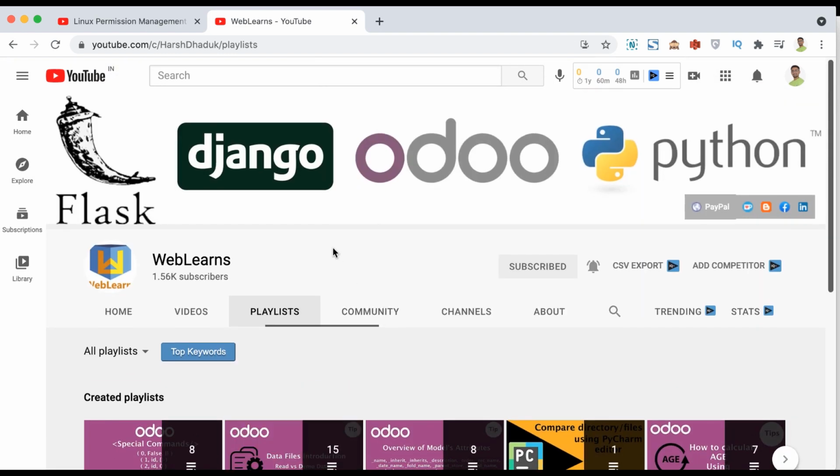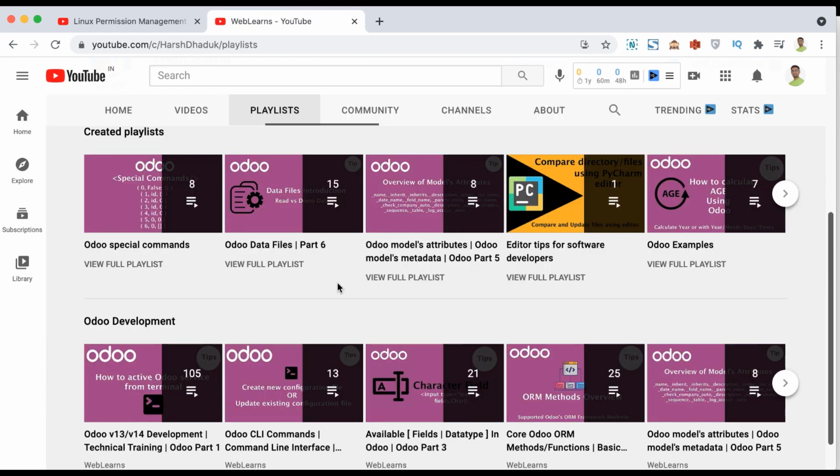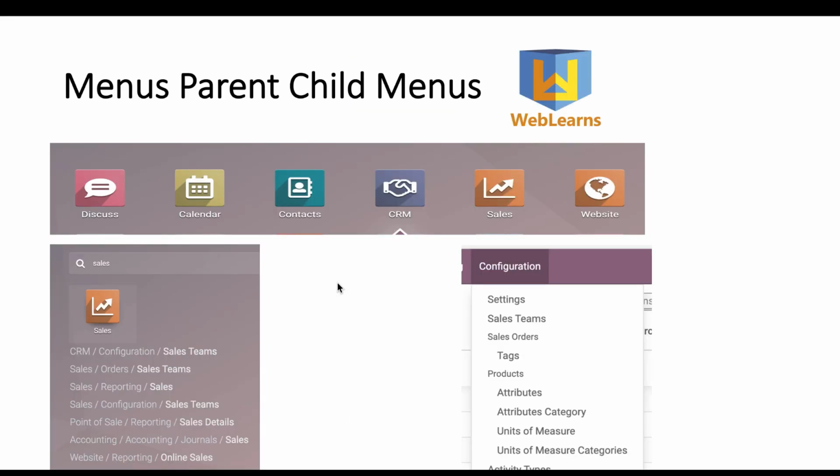So let's get back to our main topic, the overview of the different types of views. The first thing is how you can create menus, and you can also add parent-child menus. You can see this is the main menu in Odoo. You can also add icons on it. Also you can create sub menus: here Configuration is a parent menu, and under this menu you can see the sub menus are also available. This way we can create them in our further sessions.